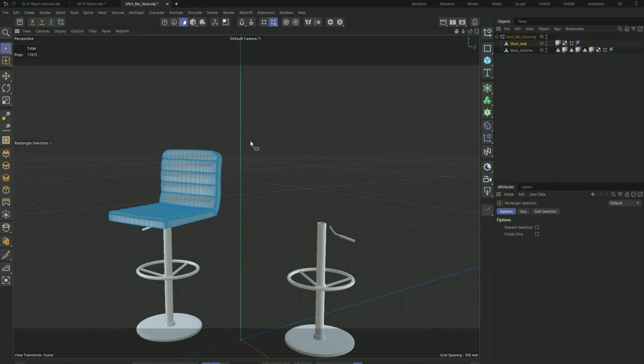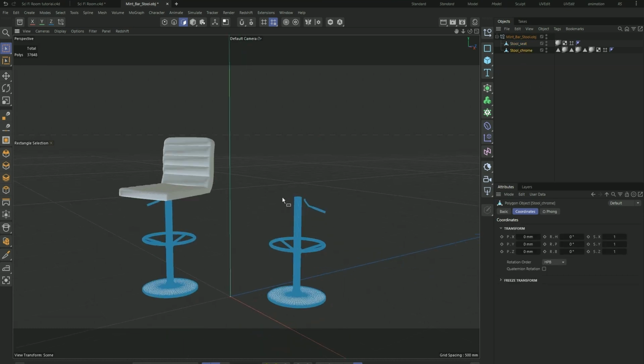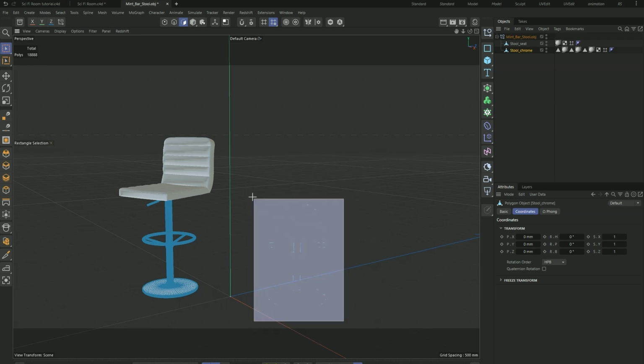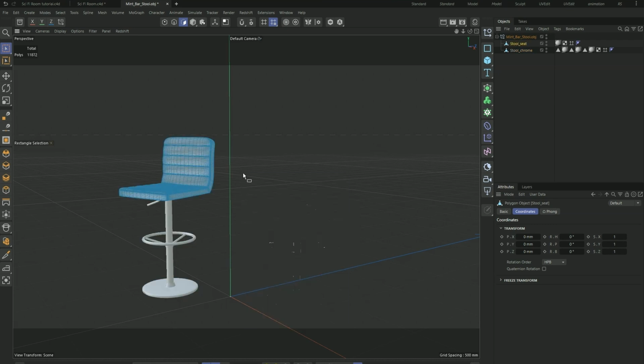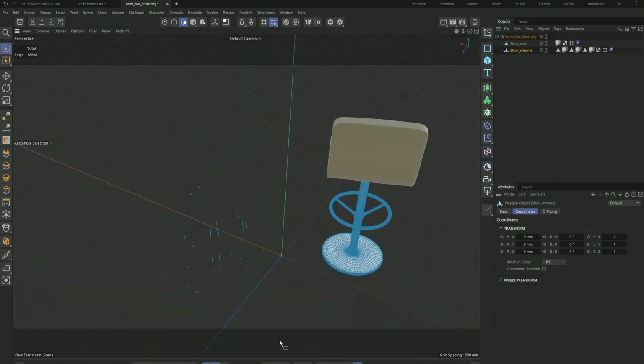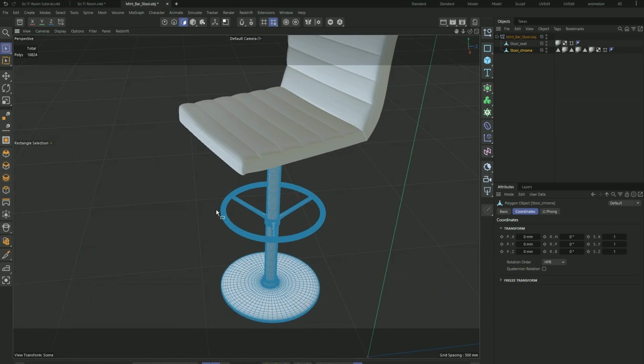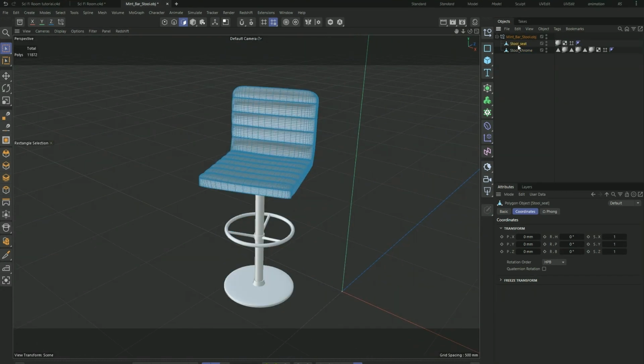Try again to delete everything. And then do the same with the other object. I don't know why these objects are not getting selected. Okay. So sometimes with these free models, they can be a little bit dodgy,